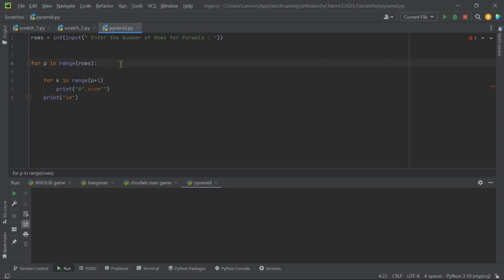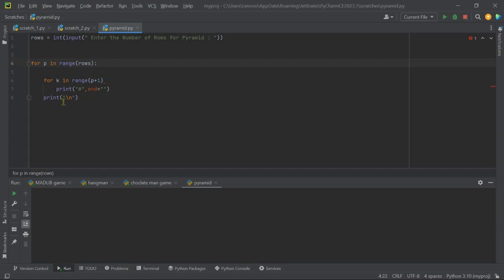Then we will run another loop in which k will take the range, incrementing one time, and we will print hash, and then end the line,